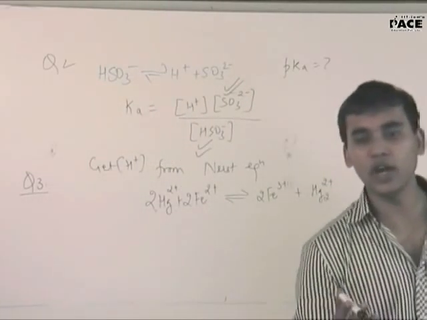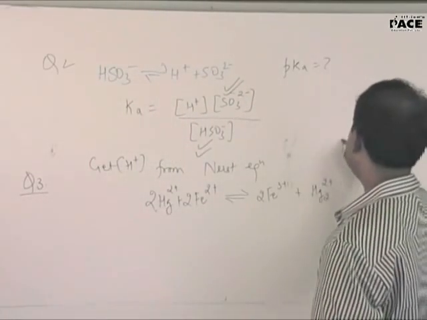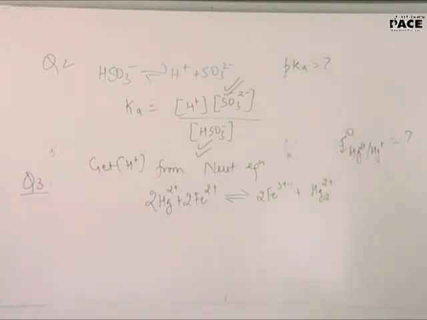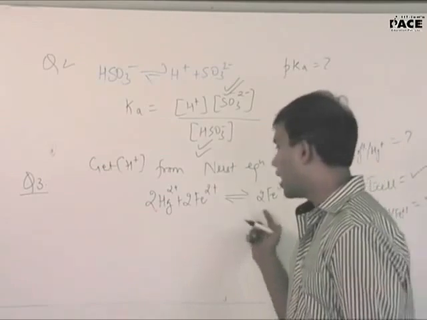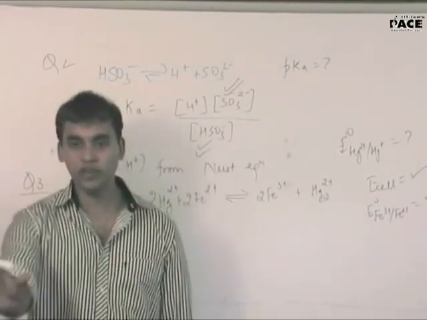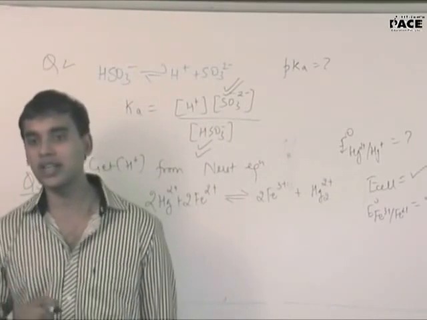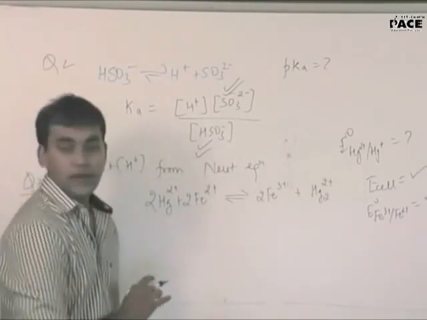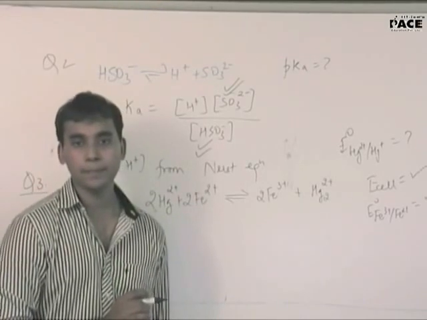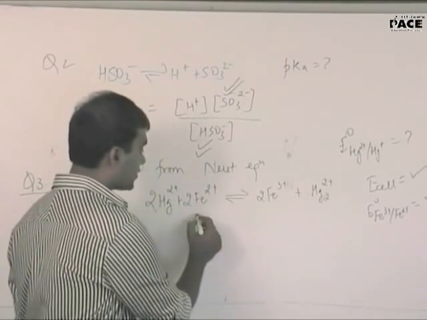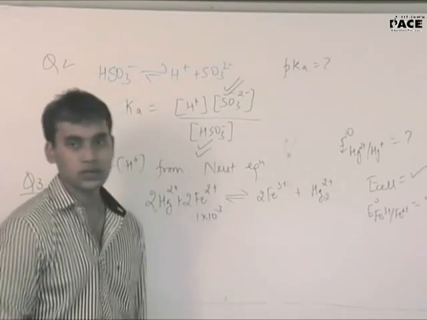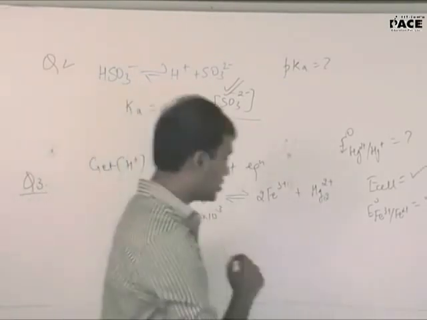Calculate E naught Hg2 plus Hg, right? This has been asked to you. So for this, I have given you E cell, and I have given you E naught Fe3 plus to Fe2 plus. I have not given you all the concentrations, so I have not given you Q, but I have given you one data. What is the data? 5% of Fe3 plus remains at equilibrium at 25 degrees. So what was the initial Fe3 plus? 10 to the power minus 3 moles.